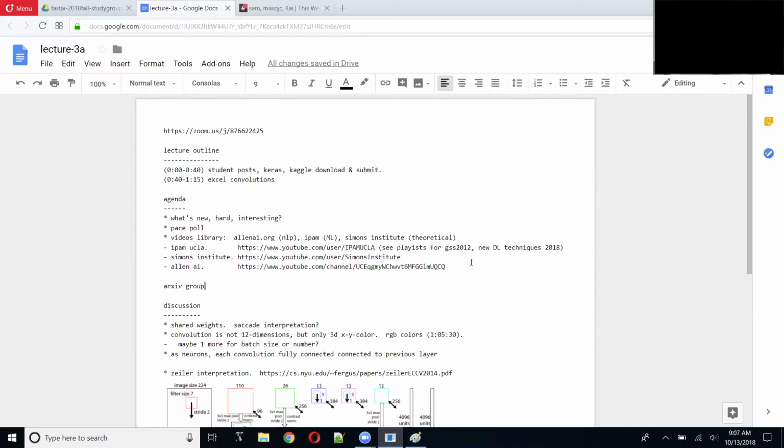Jeremy's opinion was, different people have different opinions. He seems to think that rather than looking in depth at one or two papers and not paying attention to the other ones, it might be better to at least briefly skim 100 different sources, so that you're getting an idea of what's out there and what people are working on, even if you don't go into depth in most or all of those.